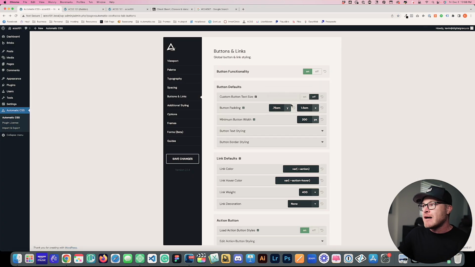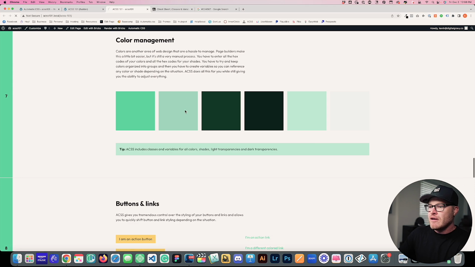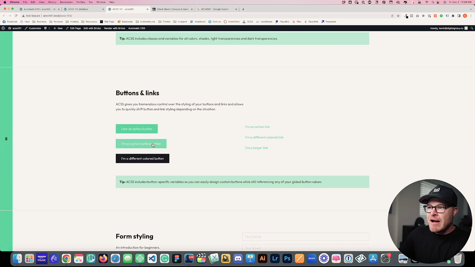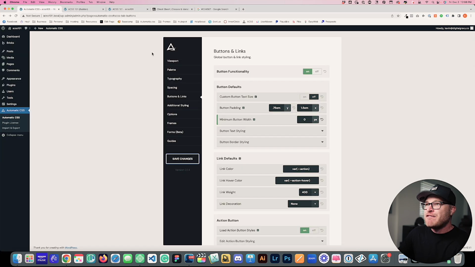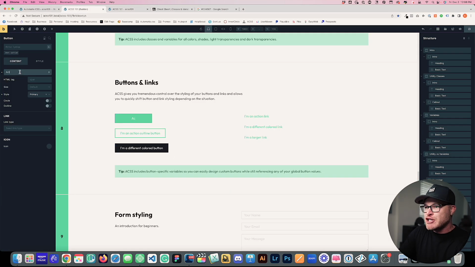Okay. Now let's go back in the back end and let's see how we can adjust our button styling, because AutomaticCSS once again comes to the rescue and gives you so much control over your buttons. I have a button minimum width right here. I'm going to turn that off. We're going to say 0 is the minimum. I'm going to hit save and we're going to refresh. And now you're going to see that my buttons will only be as long as the text that is inside of them. But if I have a very short button, like I'm going to make this one just say action,